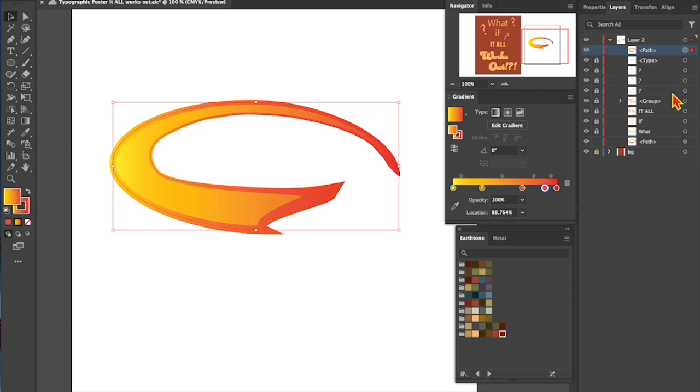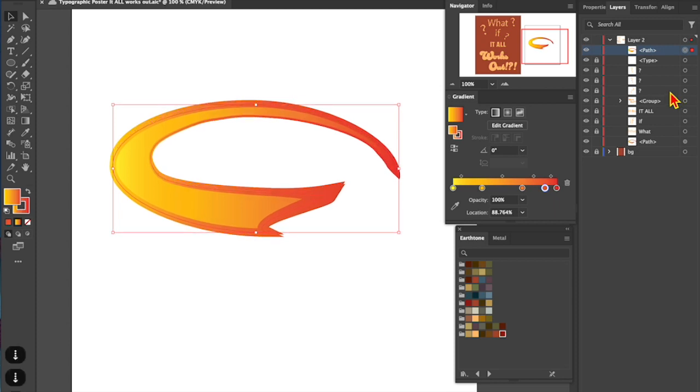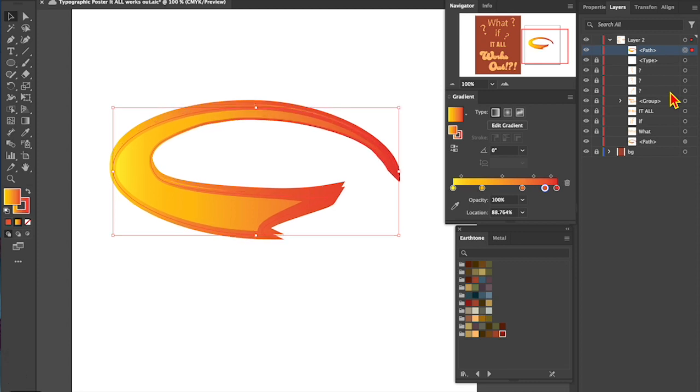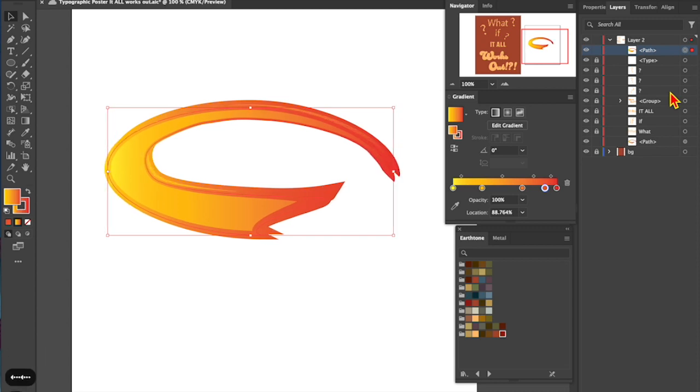What I'm going to do now is hit down arrow 3 times. 1, 2, 3. I think I'm going to do it a little bit more. 4, 5, 6. And then I'm going to hit the left arrow the same number of times. 1, 2, 3, 4, 5, 6. I am then going to move that layer underneath the other layer,